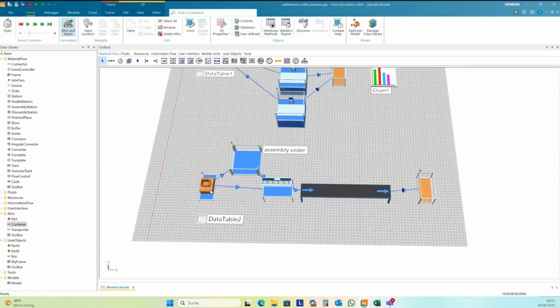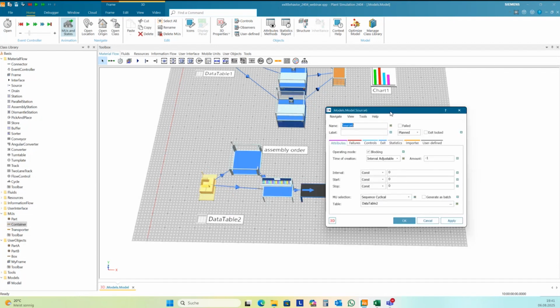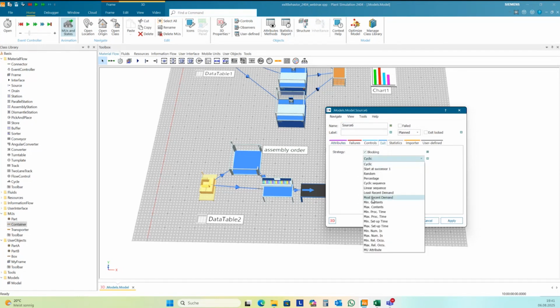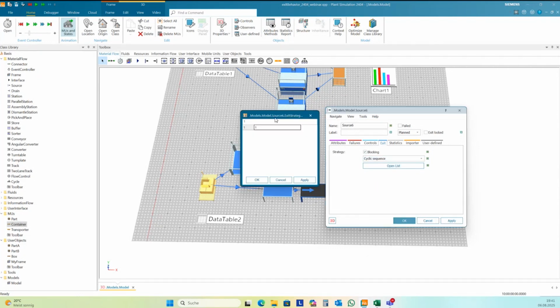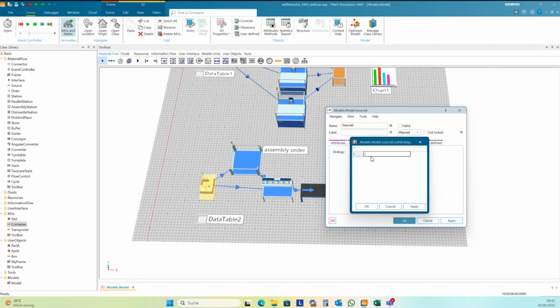And now I need to set up the source to send these parts in a fixed sequence. And also here, exit, blocking, important. And I want to have a cyclic sequence. Okay, and these are the successor numbers. First, it goes to one part, and then 4 parts to successor number 2. And this is the sequence. It can be more complex if you need it.